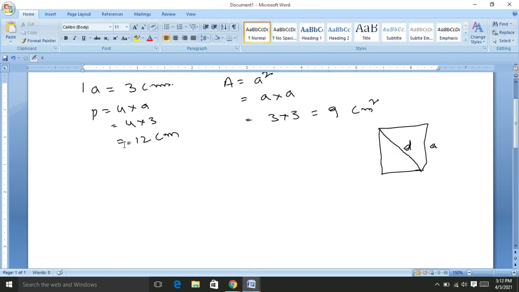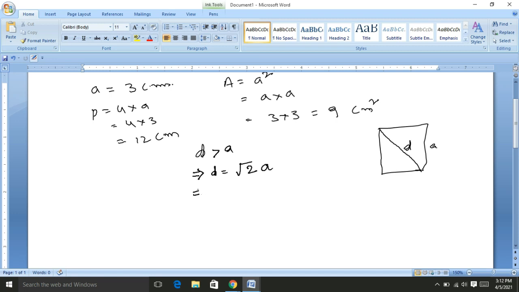That means we represent that. So the value of d is greater than the side. That means the length of the diagonal is always greater than the length of the side a. So how much does it mean? I will write one more time: d equal to root 2 into a. That means if we know a, then we are able to calculate the length of the diagonal.